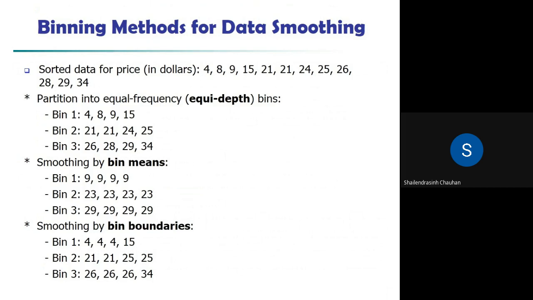What can be given in the exam? They can give you that consider frequency equal to 3 for creating bins, or frequency equal to 4 for creating bins. This kind of frequency can be given. For example, if for this data they are giving that create three bins, that means in each bin you should assign an equal number of values. Or they can also give you frequency equal to 4. That means in each bin you will have four values. So for example, here with equal frequency or equal depth, both are the same, we are creating these bins. Before that, the first step will be